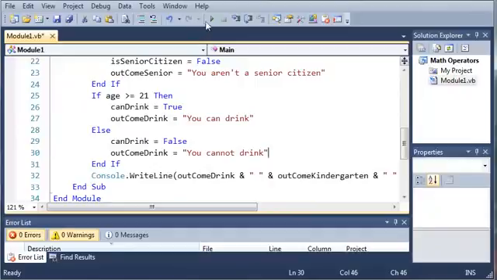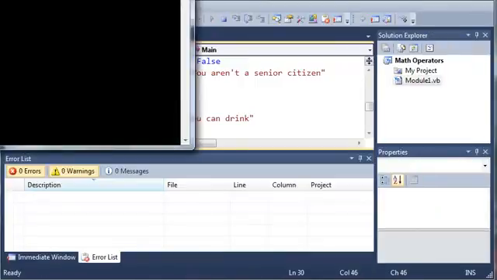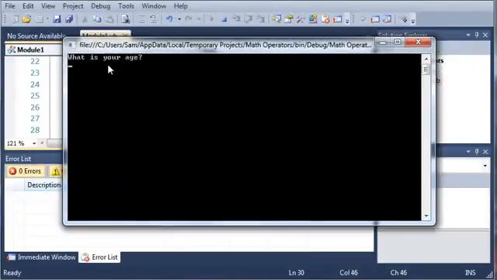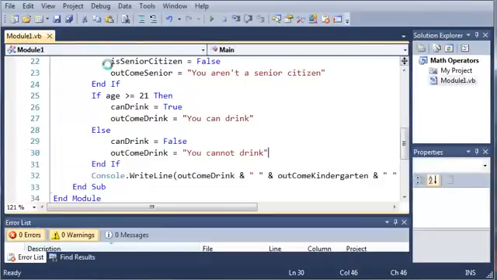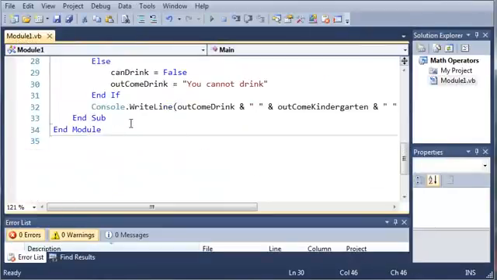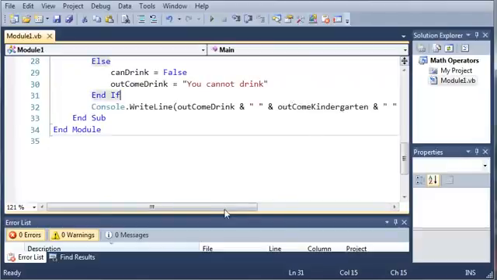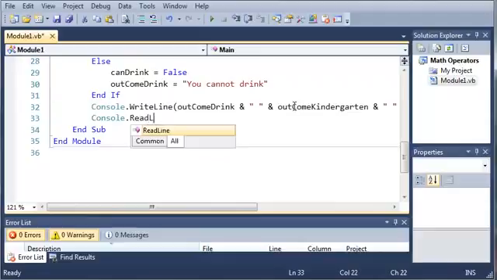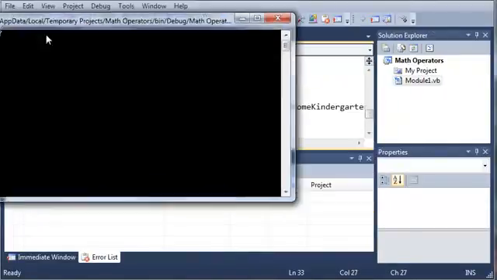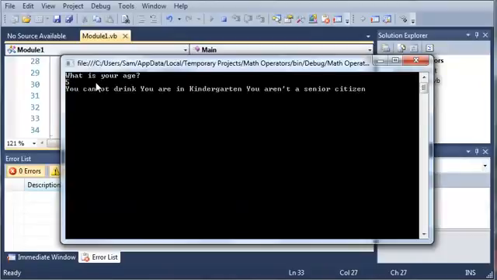Okay, so now if we run this, hopefully everything works fine. If we type in what is your age, okay, there we go, we got a problem right there. I always seem to do this in the programs. We're going to have to add a Console.ReadLine. Okay, so now if we run this, it'll say what is your age, and if we type in 5,